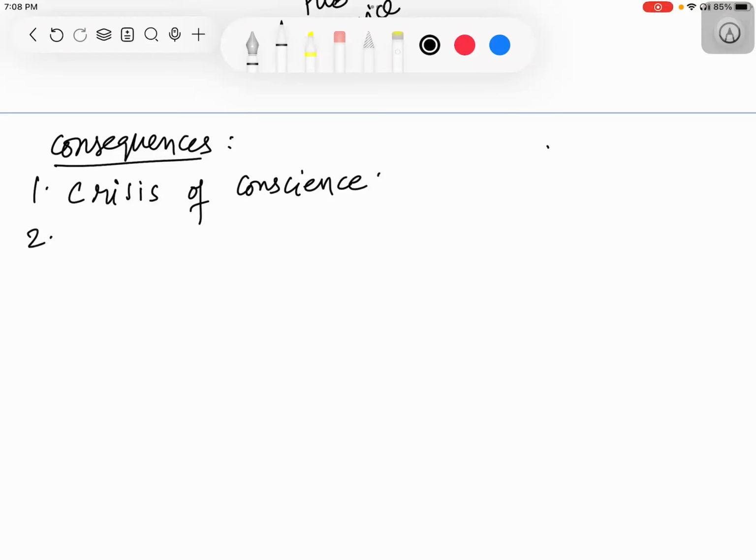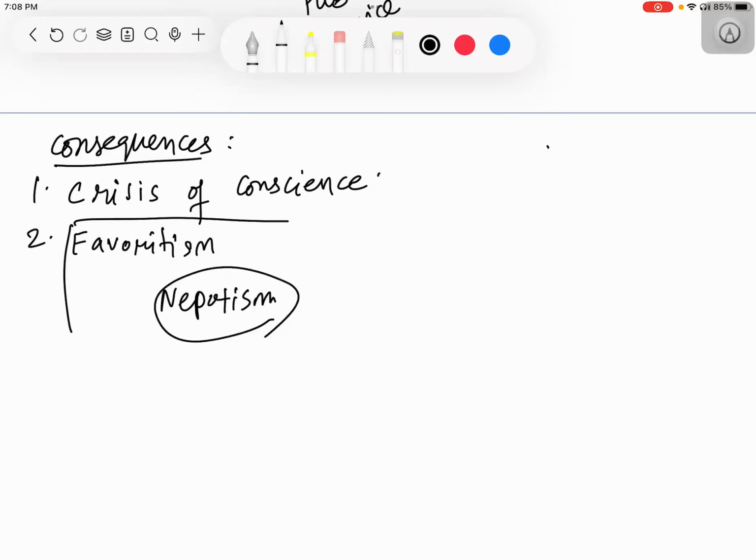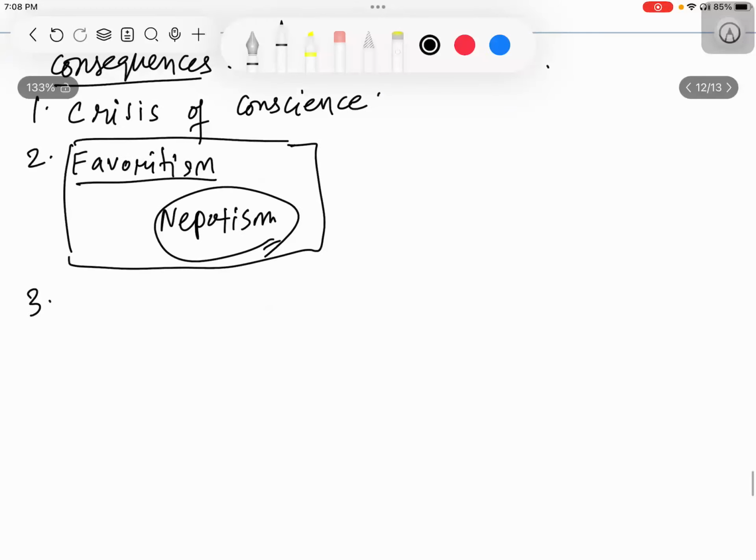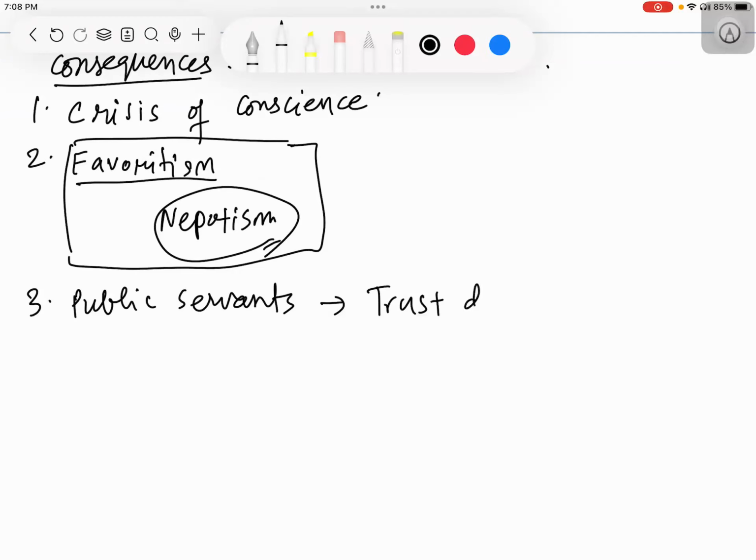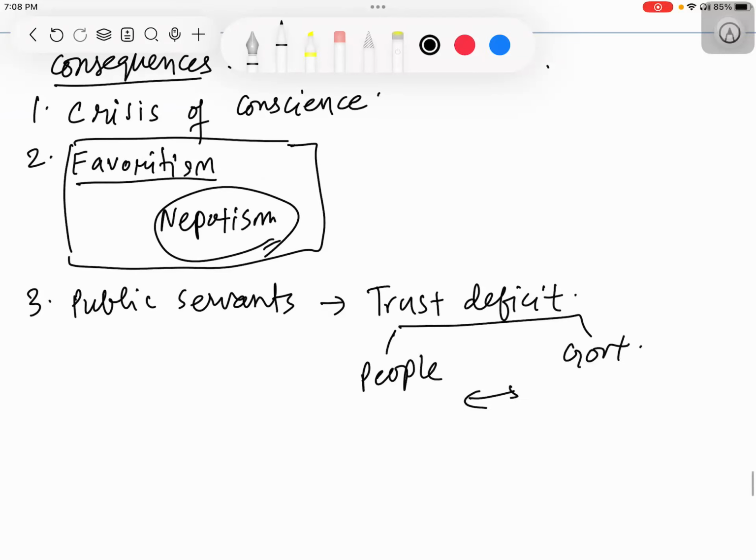Similarly, suppose you are unethical in your public dealings, then you will also show favoritism towards others. And one type of such kind of favoritism is also known as nepotism. If favoritism is towards your own children or towards your extended relatives, then that is known as nepotism. This is also a special case of favoritism. If public servants do such kind of things, the worst impact for the society will be a trust deficit. There will be a trust deficit between people and the government. So when there is a trust deficit, it will also lead to